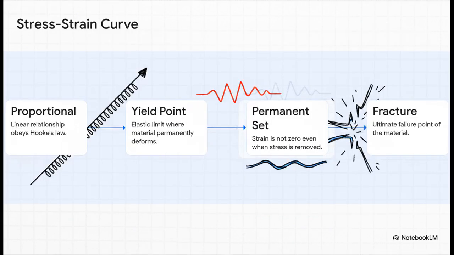Let's map this out on a graph, because it actually builds a pretty dramatic narrative for a stretched wire. Initially, the wire perfectly obeys Hooke's law, tracking in a straight line right up to its proportional limit. But if we keep pulling, we hit the yield point, or elastic limit. Past this point, the wire can no longer bounce back. It suffers a permanent set, entering plastic deformation, stretching until it hits its ultimate strength and violently snaps at the